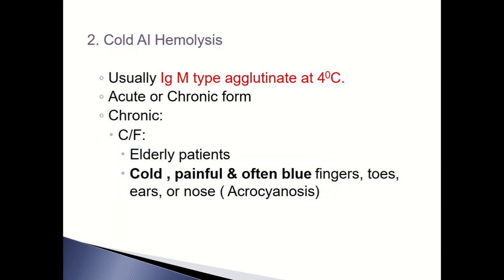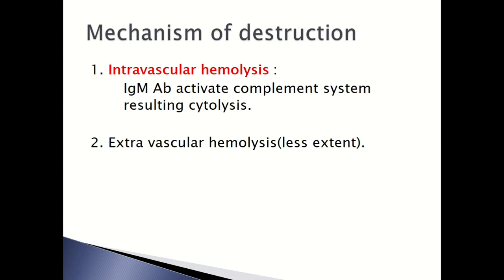Second group, cold type of autoimmune hemolytic anemia, particularly the IgM type of agglutinin, and it is at 4-degree temperature. It is a cold environment, right? Usually chronic disorders have this kind of autoimmune hemolytic anemia. The feature is again associated with acrocyanosis. We can say it is associated with Raynaud's phenomenon, in cold, painful conditions. In a cold environment, there are painful and bluish extremities, particularly fingers and toes. Such elderly patients have IgM type of hemolysis, and it is usually intravascular. Warm autoimmune hemolytic anemia was extravascular.